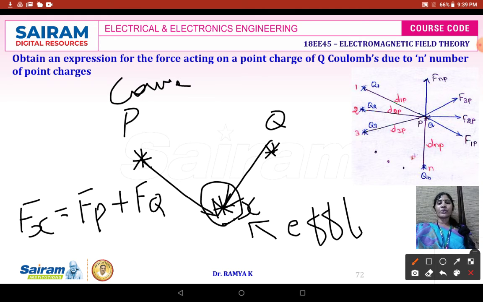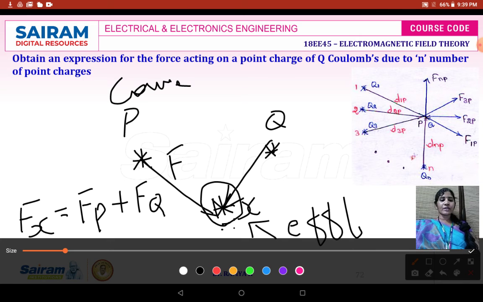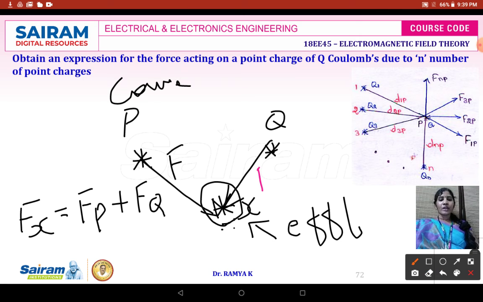So this is the notation. Now if I want to write the force exerted at point X, the point where you identify the parameter is going to be your effect. F is the notation that represents force. Now the suffix should be cause followed by effect. So FPX, FQX, because the unit vector will be in the direction like this. Because of this point charge P, there is a force exerted over here. So I can write it as FPX and here I can write it as FQX.